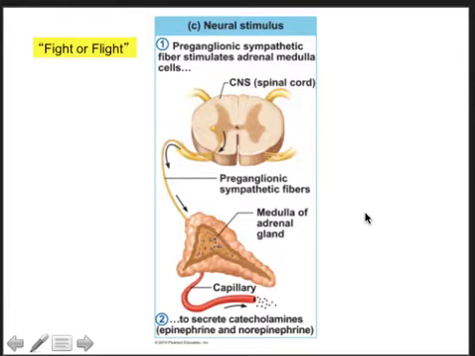When the sympathetic division of the autonomic nervous system is active, when you sense a dangerous situation, what will happen is that there's a two-neuron chain that heads out from the gray matter of the spinal cord through the ventral root, and these motor efferent neurons will send an electrical signal to the core of the adrenal gland, and this will cause it to release massive amounts of epinephrine and norepinephrine, also sometimes called adrenaline and noradrenaline,